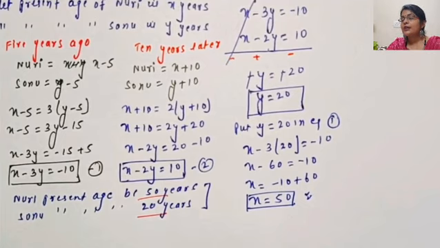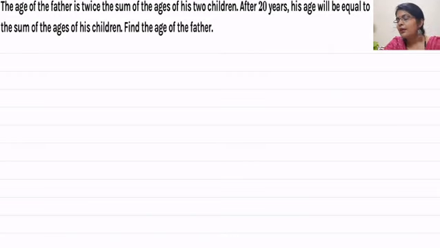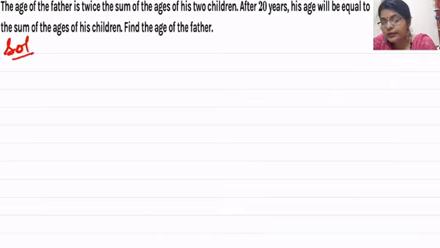I want to discuss some more questions with you, and this question is a little bit different than the question which you were going through. I am reading the question to you. Age of the father is twice the sum of the ages of his 2 children. मतलब 2 चिल्ड्रेन हैं उसके। तो अब आप इस क्वेश्चन को थोड़ा सा ध्यान से समझिए। एक क्वेश्चन, उसके 2 बच्चे हैं और दोनों की एज का सम फादर की एज के ट्वाइस है। तो अब यहाँ पर हमको क्या मानना पड़ेगा, this question is slightly different and from the examination point of view it is very important.